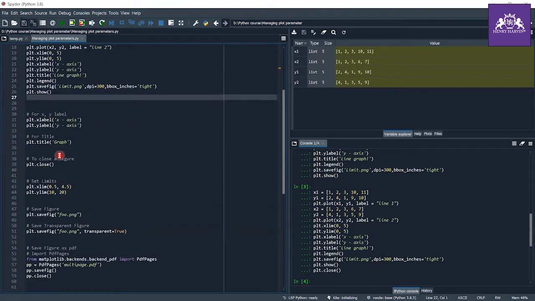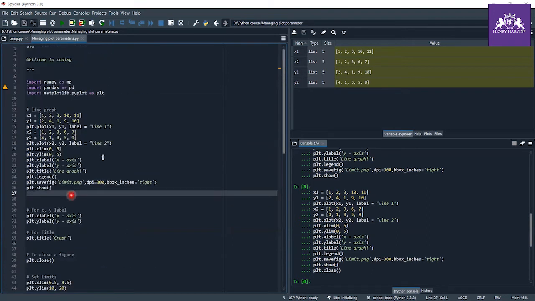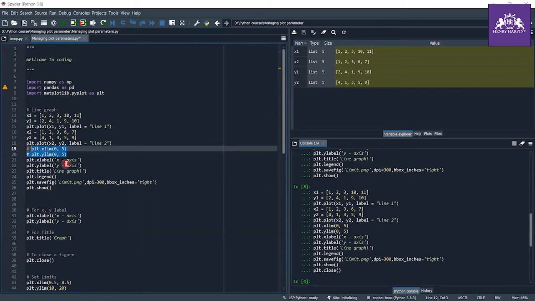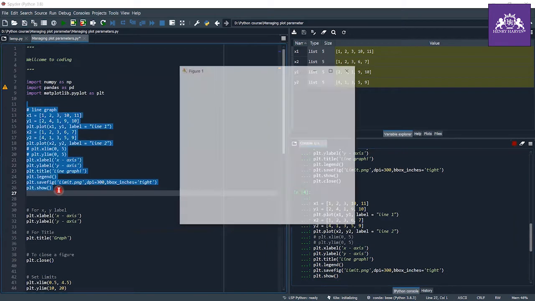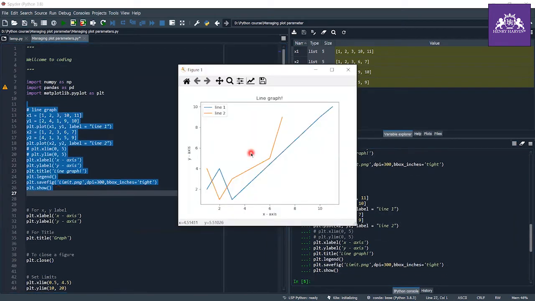Next comes setting limits. I already set the limits, so let me remove that and show you the graph. As you can see, I have the full graph of my data, and my whole data can be seen, but I just want to focus on this area: 0 to 5 of the x-axis and 0 to 5 of the y-axis.